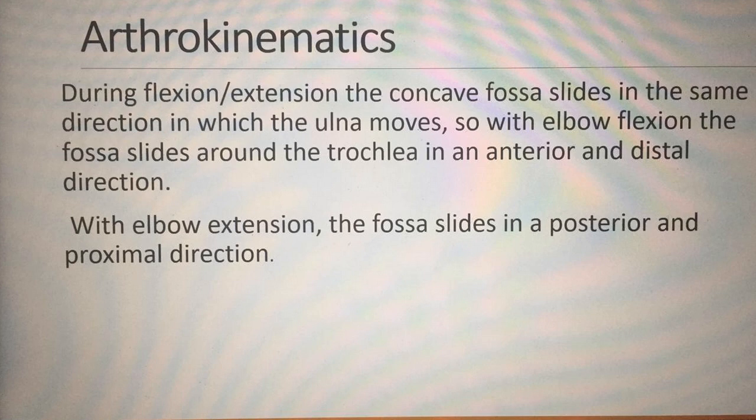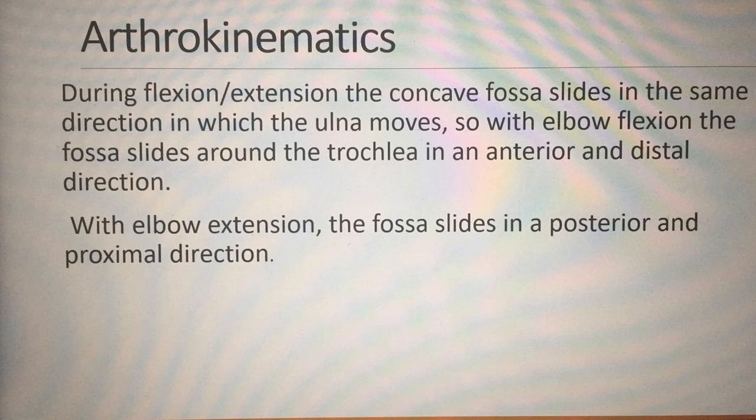So here let's describe the concave-convex rule first. Whenever the moving surface is concave, like the trochlear fossa on the ulna, that is a moving surface. So whenever a concave surface is moving, the gliding, sliding will occur in the same direction as the physiological motion of the arm. So let's take the example of the elbow joint. In case of flexion, the physiological motion is anteriorly directed, so the gliding, sliding will also occur in anterior